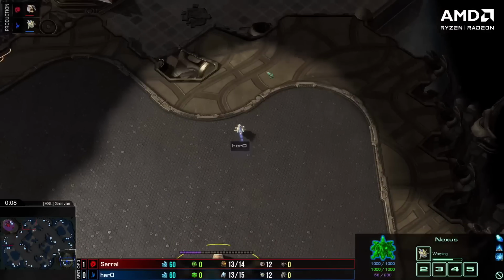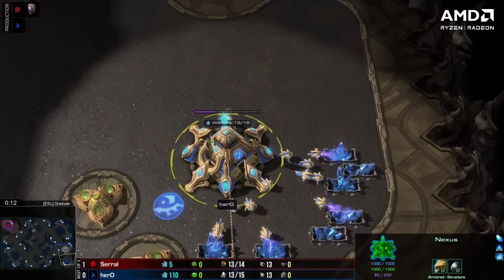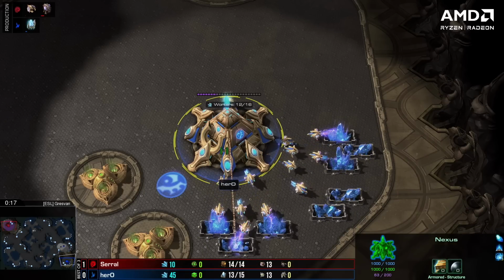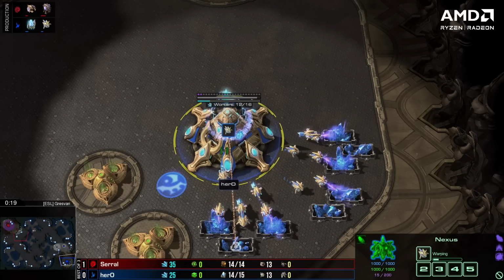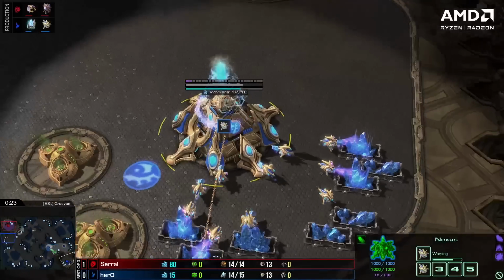All right, that was a really cool opening for herO in game 1. I do think in hindsight, though, he saw how many units there were. If he didn't commit with that Adept Shade and was just happy to pull back and take his third base, I think he's in a massive advantage. And the fact that Serral doesn't have a Lair would have made him feel very, very weak in that last